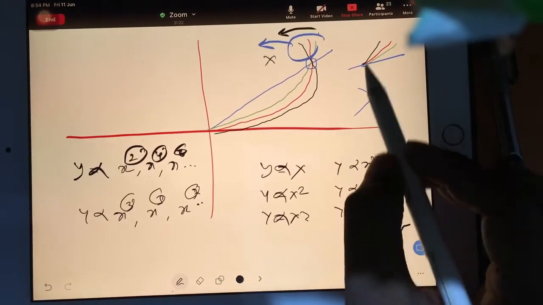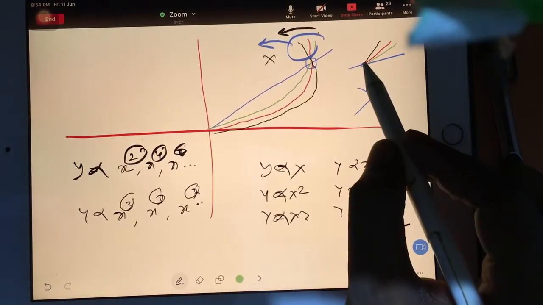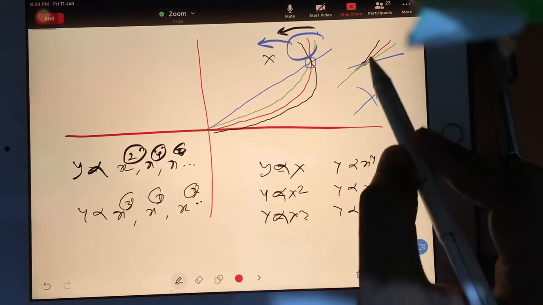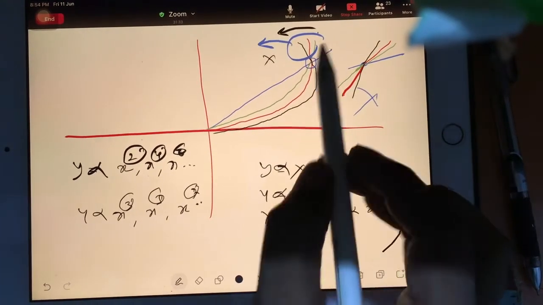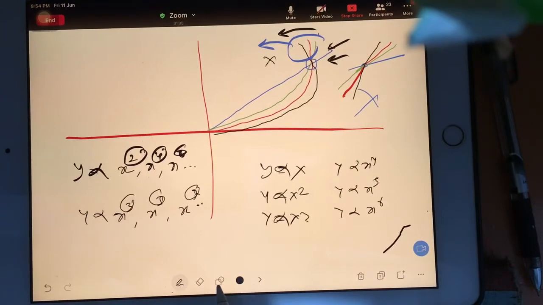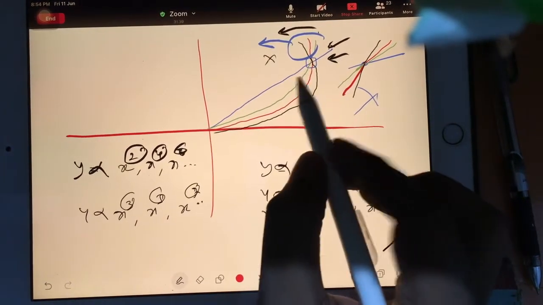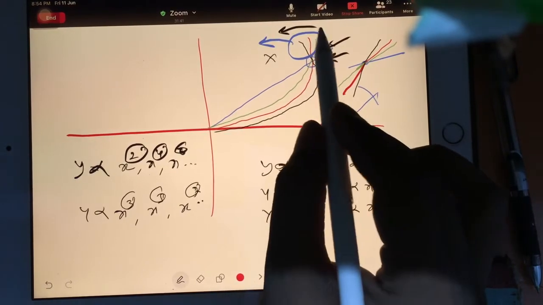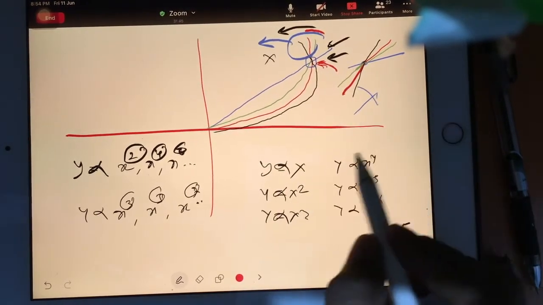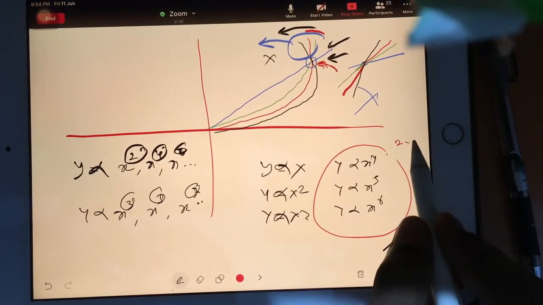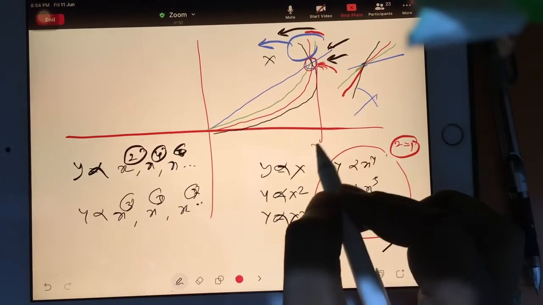You understand, right? The green line will be like this, the red line will be like this, and the black line will be like this. So this kind of intersection you should draw here. Now you can see, guys, exactly at this intersection point, they all will be the same for f(x) equal to 1. This is the point where x is 1.